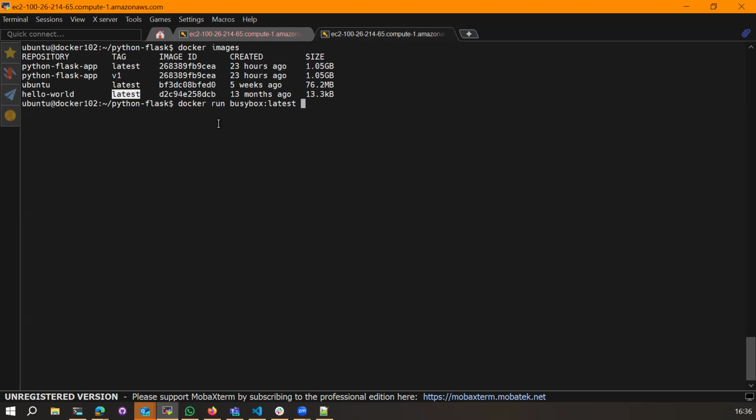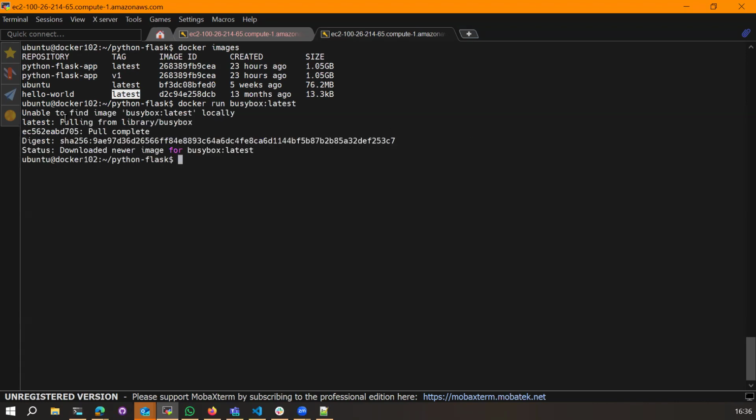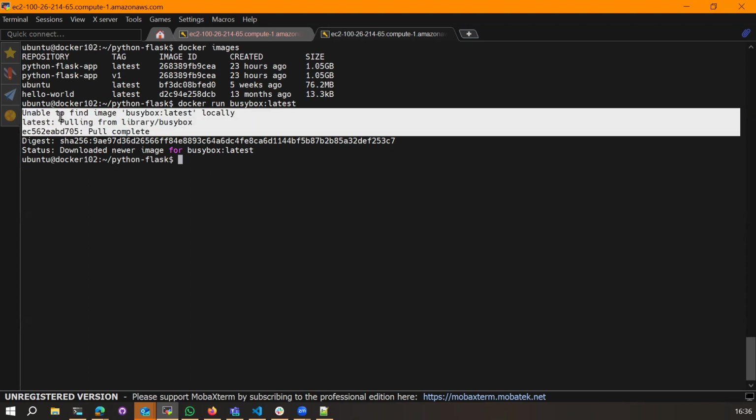Okay, and when I run this, you see "unable to find image busybox locally", and it says it is trying to pull the image from library/busybox. Library is the Dockerhub here, and it says pull complete. So by default, if the image is not present on your local machine, it will try to download it from Dockerhub. If you want to use some other repository, you can specify that repository as well,